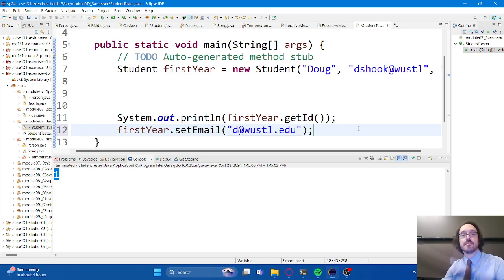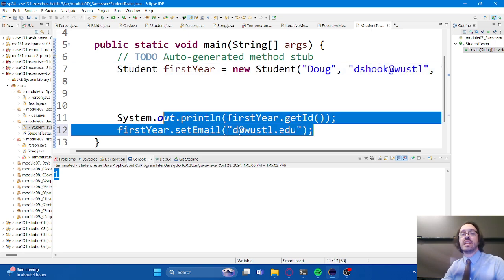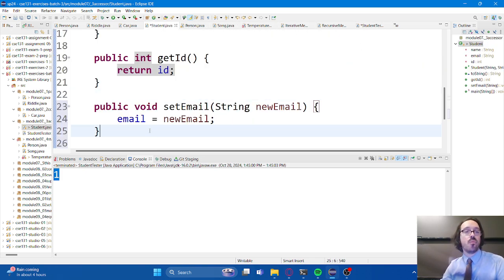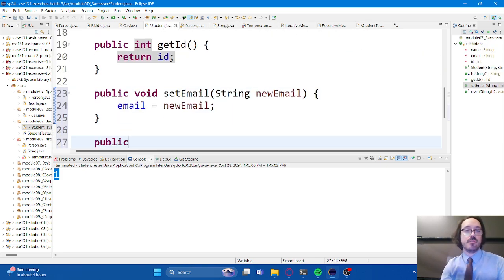Great question. So from this point onwards, this would be the email address that's inside of this object, not this. This changes it. In fact, just to kind of wrap this up, why don't we prove that? I'm going to make a getter.